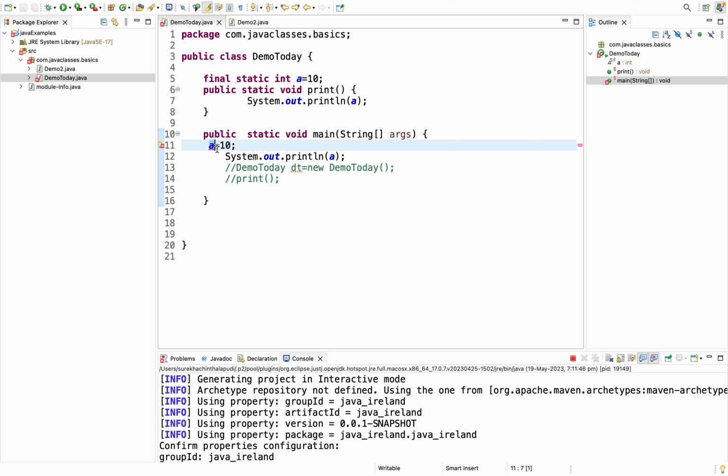Now you have to understand two different types of errors. One is compile time error. Compile time error means as soon as you write the code, as soon as you save the code, if you are seeing any errors on the screen, it is called a compile time error. And there is one more error called a runtime error, which you will see in today's class. So today I just want to discuss the basics of